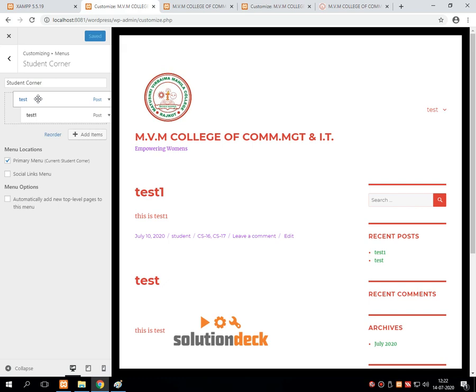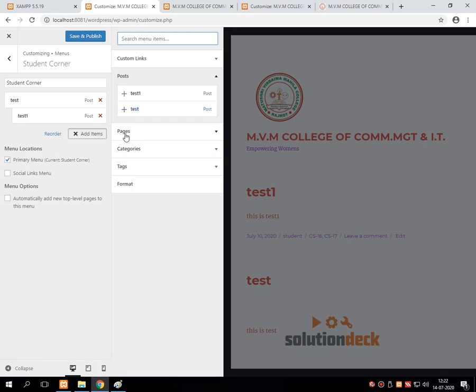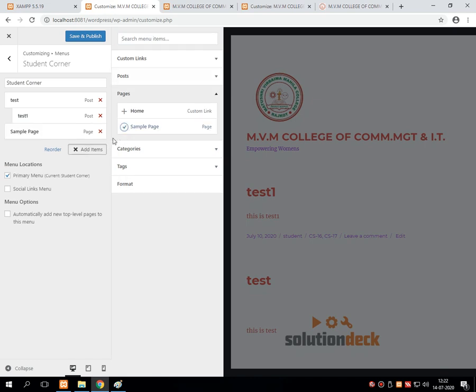So suppose same like that I am performing for this item, and I am adding one more item over here. For example, one home page.